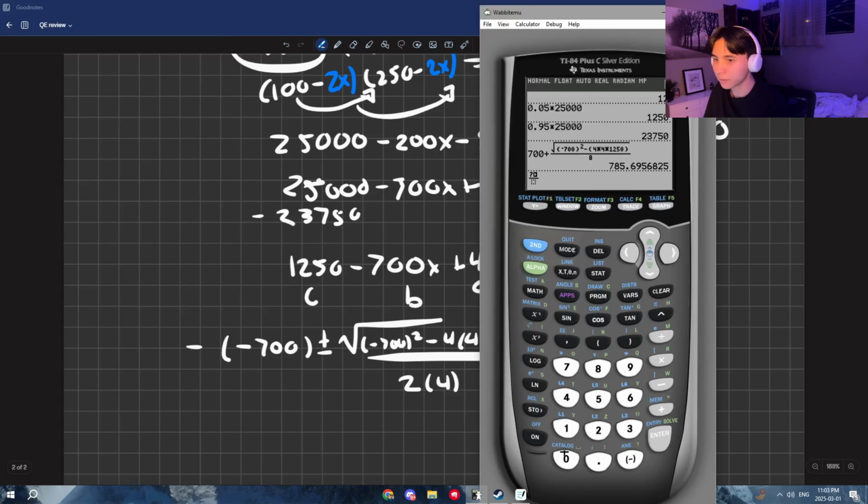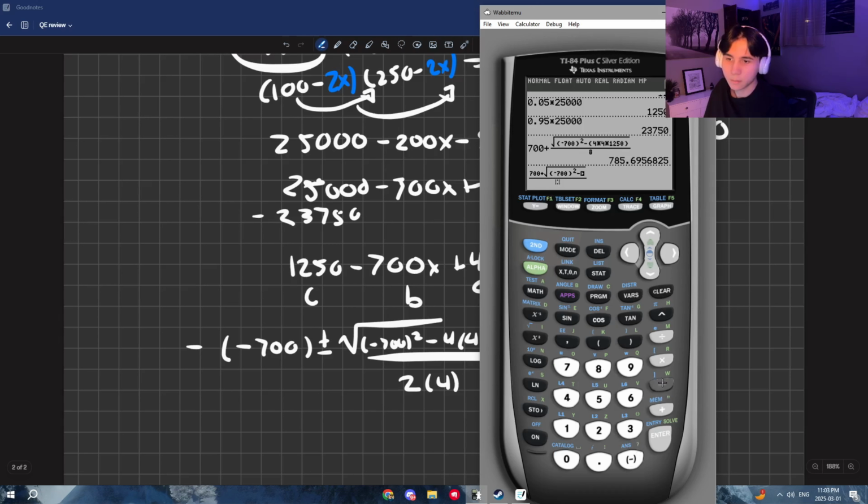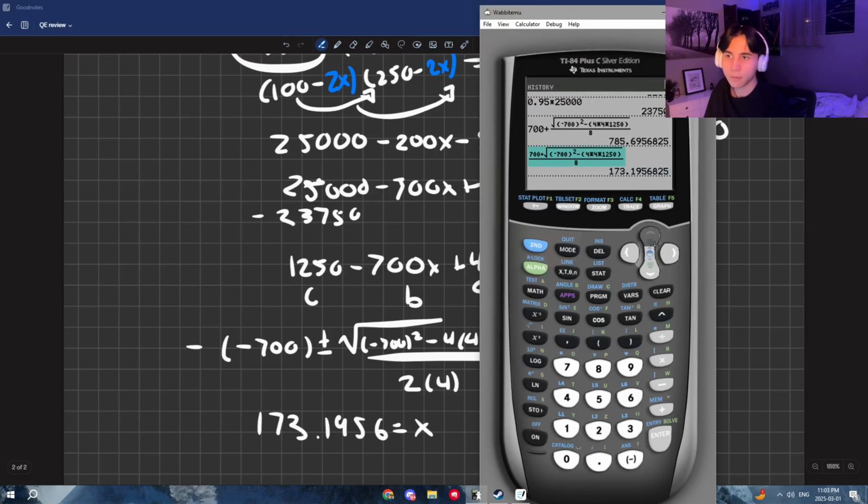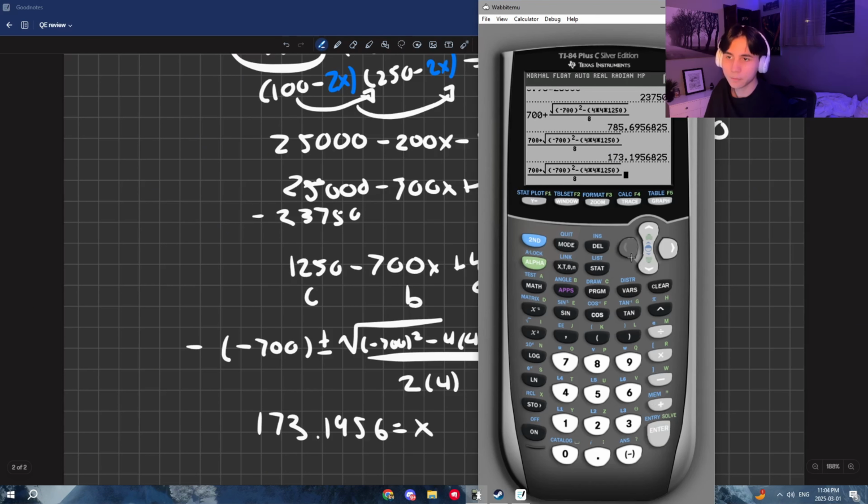So 700 plus the square root of bracket negative 700 squared minus 4 times 1250, all over our 8, which gives us 173.1956 as our first solution, and our second solution, let's just change the sign for a negative,